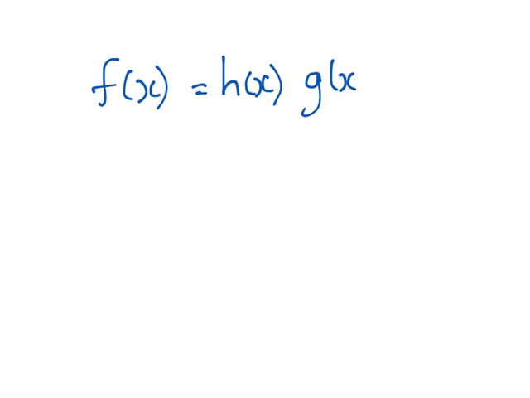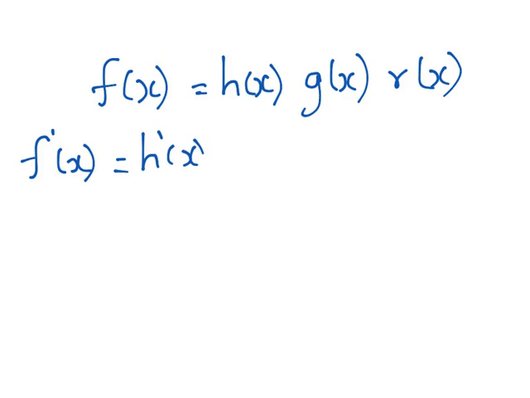Let us say the function f of x is in the form h of x multiplied by g of x multiplied by, let's say, r of x. Okay, so to find the derivative of this function is very simple. So f dash of x is, I will differentiate the first function, that is h dash of x multiplied with g of x and r of x,